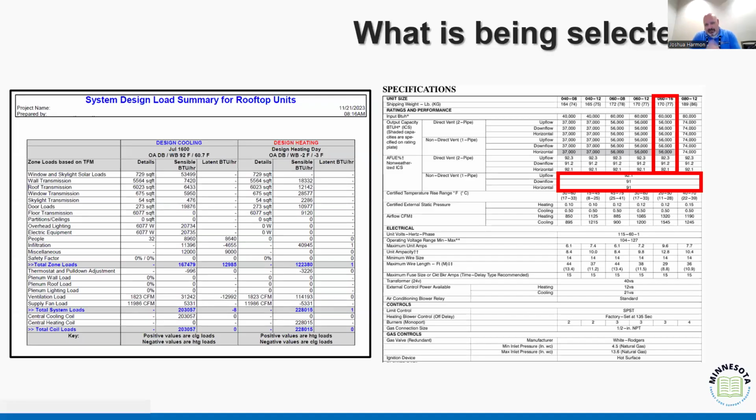Because what happens, and I will tell you this has happened recently for a jurisdiction that I know, and I may have already talked about it, but if I did, too bad. We always get new people in these classes. So one of the conversations that we had was, the city approved a design based on a proper calculation of the heat and cooling load, proper equipment, proper layout, proper everything. Everything was installed the way it was supposed to be installed. But when they get a friend that comes over who has a mechanical engineering background, they said, hey, I think your stuff's too big. And so that turns into a conversation, their buddy goes and recalculates